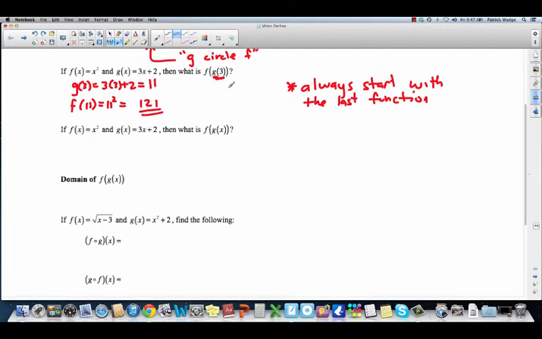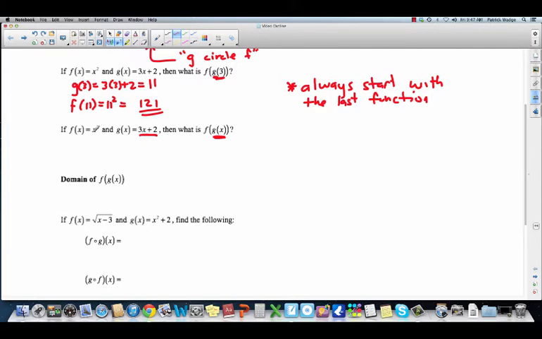Okay, the next one looks almost exactly the same. You see everything's the same here, except at the very end it says f of g of 3, and this one it says f of g of x. So you can't be substituting x into these things. What you have to actually do is substitute the entire function. So you start with that last function, the g of x. What's g of x equal to? g of x is equal to 3x plus 2, and you're going to substitute that whole amount, that 3x plus 2,